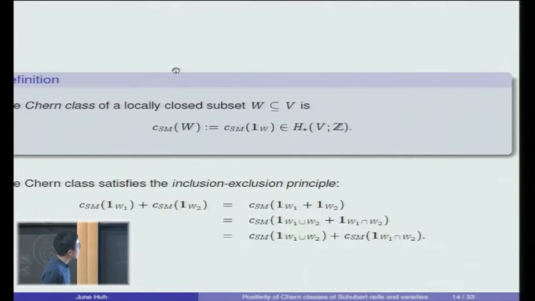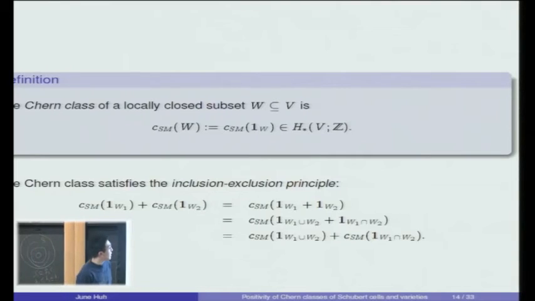So let's just say that whenever I have a locally closed subset W of an algebraic variety V, the Chern class of W is simply the value of 1W under this theory CSM. It's an element in the homology, and it tells something about my subset W. Well, as we have seen before,